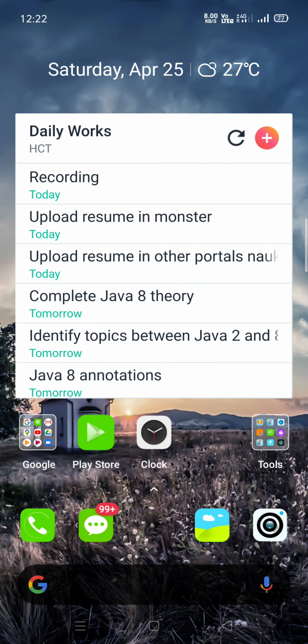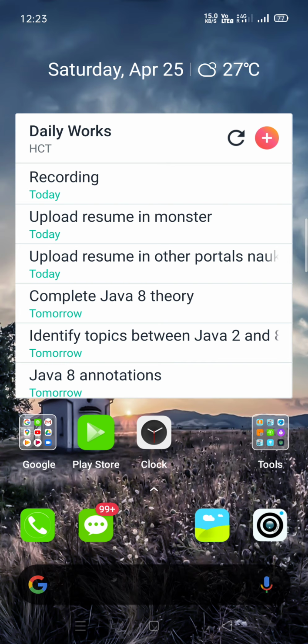In this video we will see how you can keep track of all your works. You can keep track of all your works by writing them on a paper and keeping it in your pocket. The second one is, now everybody has a smartphone. If they have it on their screen, whenever they see the phone, they will be reminded of all these works, so that they will not miss any of the works which they need to do during that day.